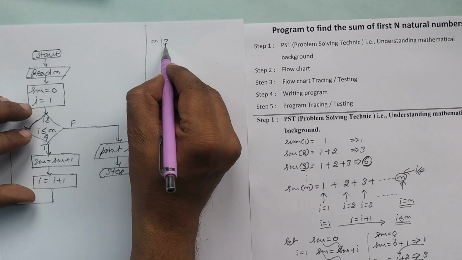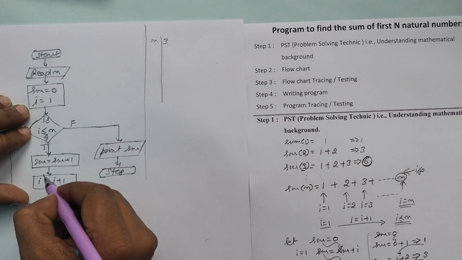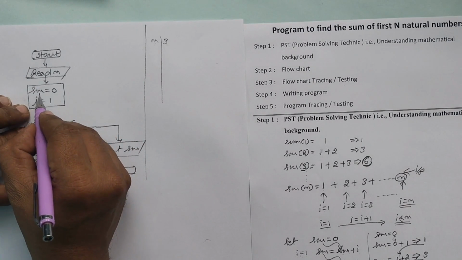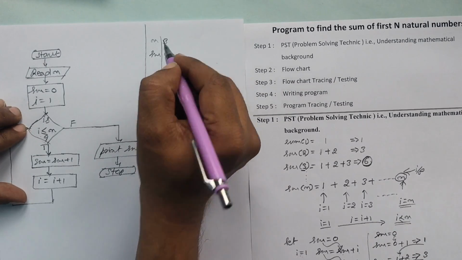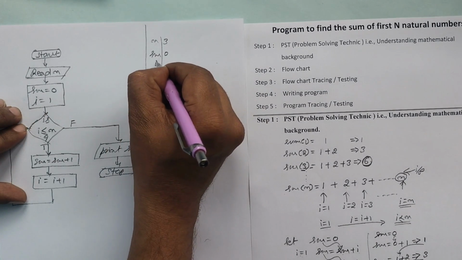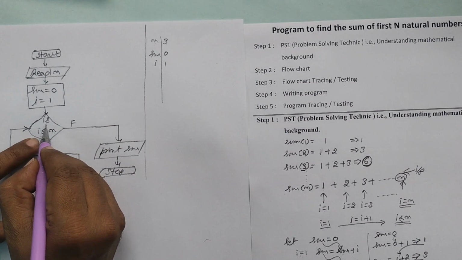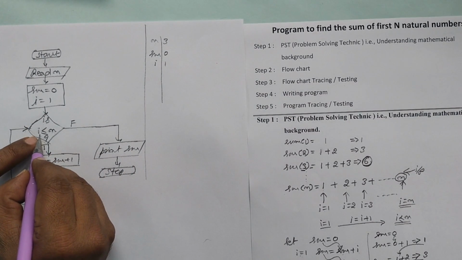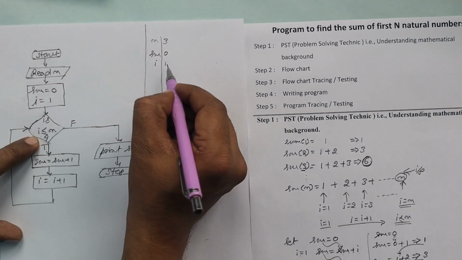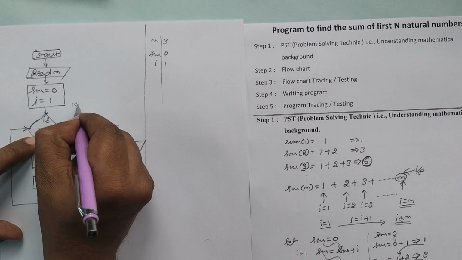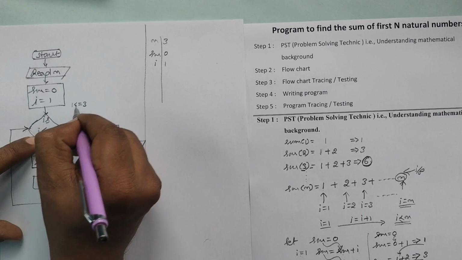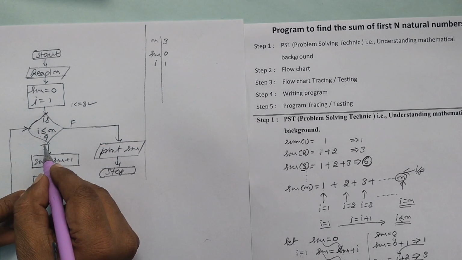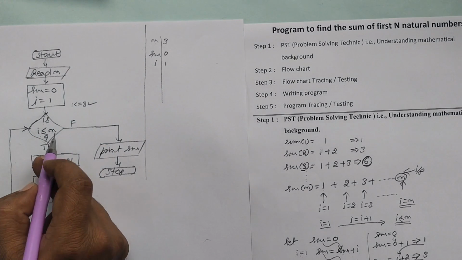Whenever input value of n is equal to 3, let us trace this flowchart step by step. Sum is equal to 0, that is initial value of sum is equal to 0, then I is equal to 1. There onwards, let us check this condition. Here the condition is: I value is less than or equal to n. I is equal to what? I is equal to 1. Less than or equal to n, that is 3. This condition is true, so when this condition results true, then this part is going to execute,